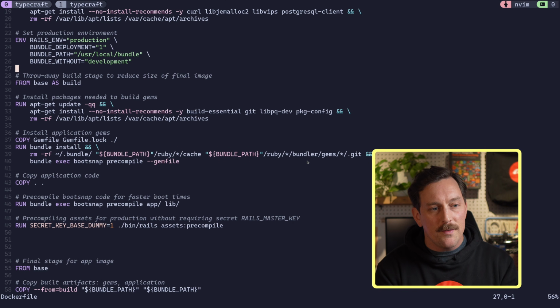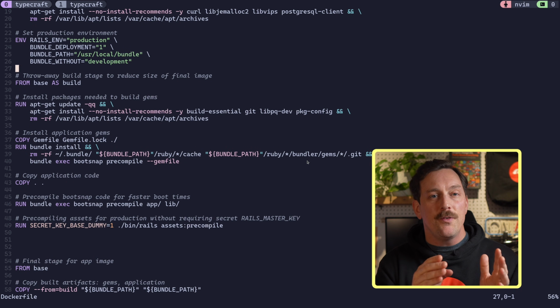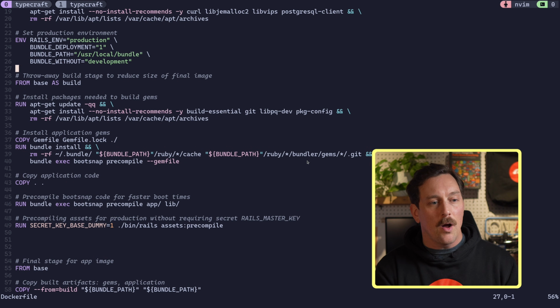There are a lot of benefits to using a build stage, and the main one is to reduce the final size of our image. Basically, what we're doing here is creating a new stage in this Dockerfile based on the base image that we just installed, and we're going to apply some packages to it. We're going to build the code, compile some assets, and then copy all of that stuff back into our base image, and this extra build stage is not included in the image itself,